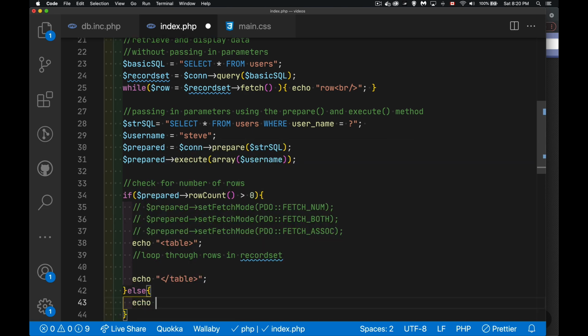Otherwise, I'm going to write out a message about there being no records. And actually, this is no variable inside here. It's just all one string. Something like that. So right now, we're going to have an empty table